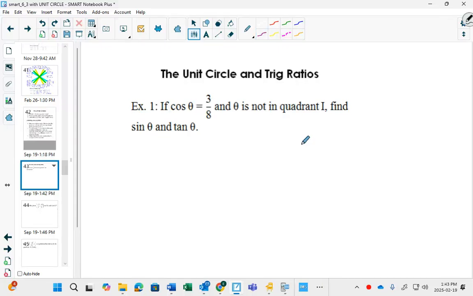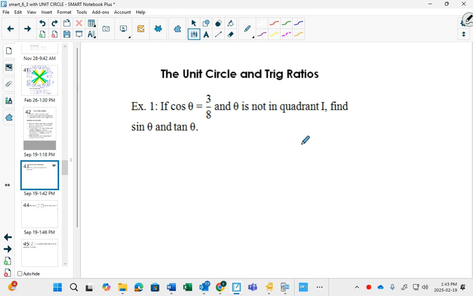If cos of theta is 3/8, and theta is not in quadrant 1, find sine of theta and tan of theta. Now, this is a unit on trigonometry. So I'm going to give you a hint that one of the key strategies that we're going to use is drawing a triangle. I know, trigonometry and drawing triangles, whoever thought of this was brilliant. Okay? Now,